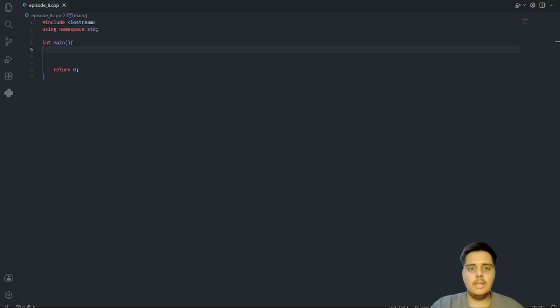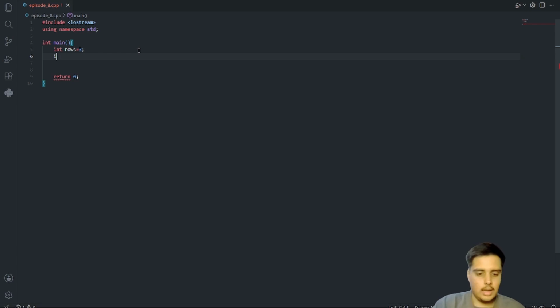So this is the basic thing. I will take int rows. Int rows is equal to 3 and int cols is equal to 6. Let's say the number of rows in the rectangle is 3 and columns is 6.